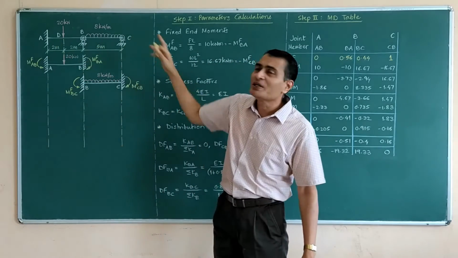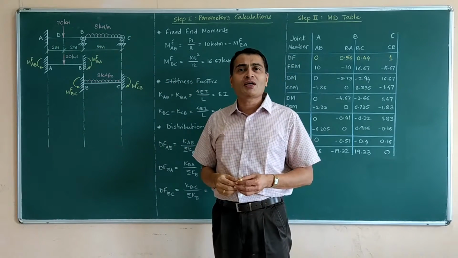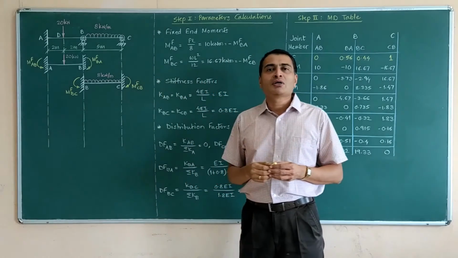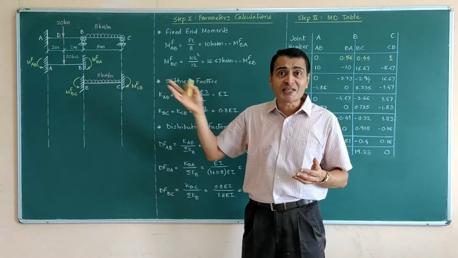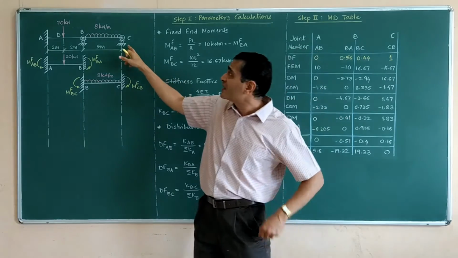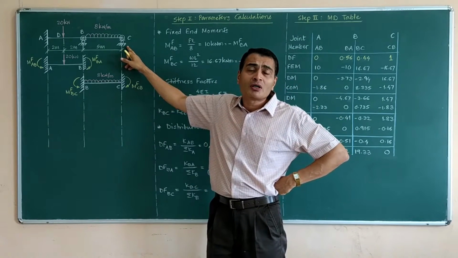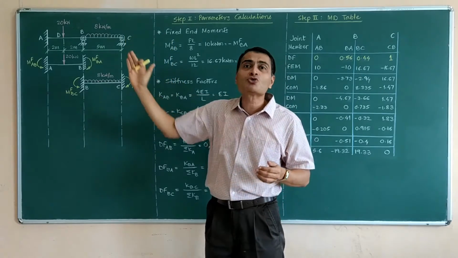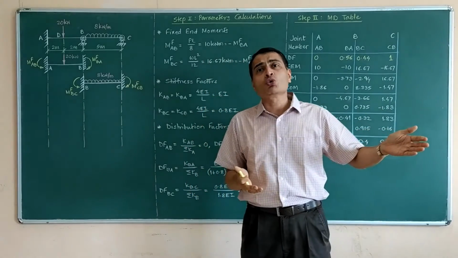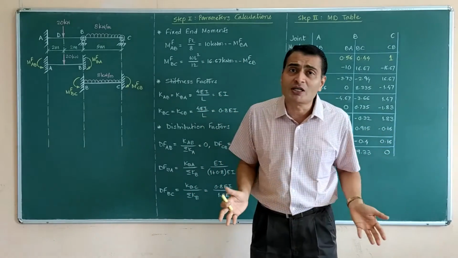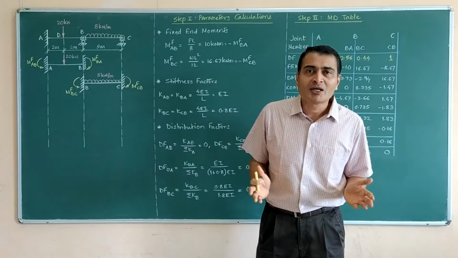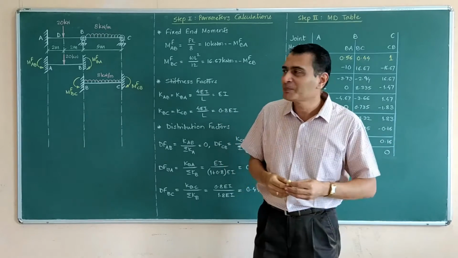We have a continuous beam ABC. Support A is a fixed support. Support B and support C are roller supports, but support B is an interior roller and support C is an exterior roller. Now the moment I say that this is an exterior roller, it is obvious that M of CB is going to be 0, because bending moment at the exterior hinge or exterior roller is going to be 0. So let's see if eventually when we finish our problem we get M of CB as 0 or not, and of course we will be getting it.